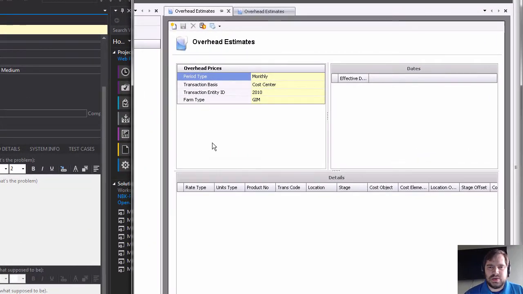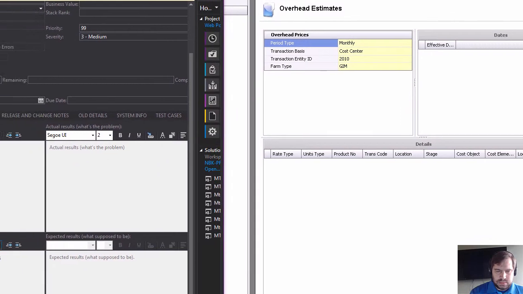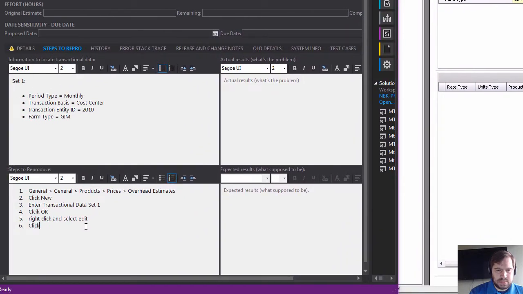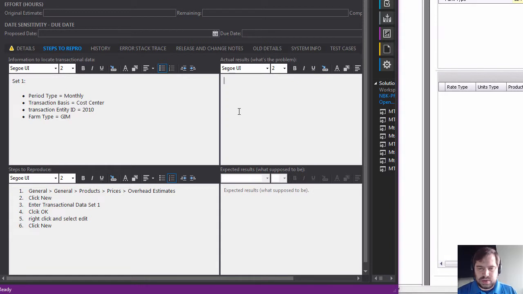Now I want to click New. And now nothing happens. So the actual result would be nothing happens. Expected result would be